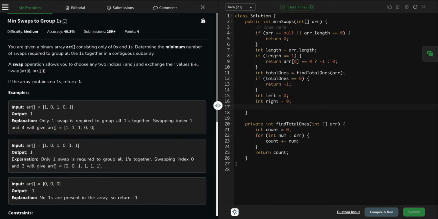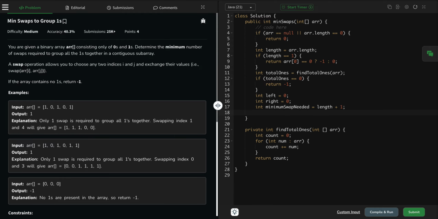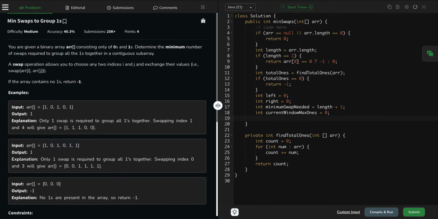We need to find the minimum swap needed, which can start as some maximum value, length plus 1, and current window max ones. Let's have it as 0. Now we can have while